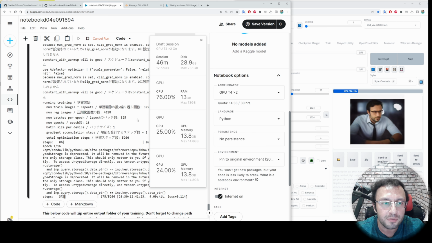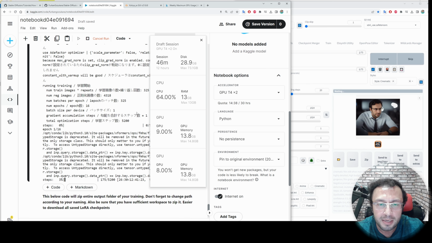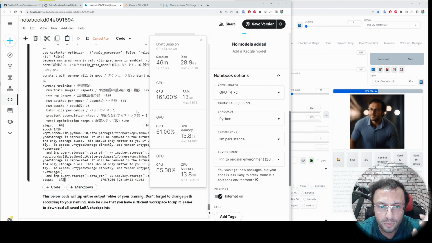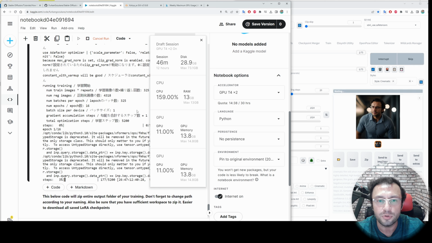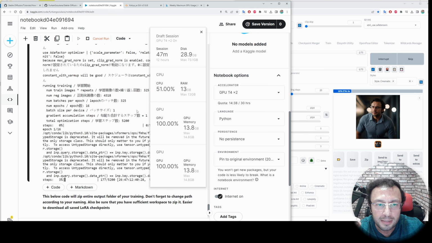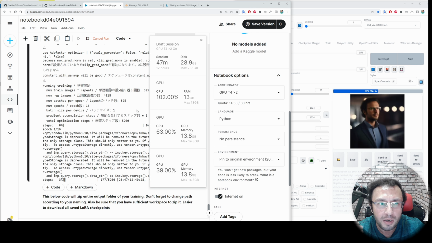In this tutorial, I will show you step-by-step setup and training of Kohya SDXL on a free Kaggle account. Then I will show you how you can use those trained LoRA checkpoints on your computer. Hopefully, in another tutorial, I will show how you can use Automatic1111 Web UI on a free Kaggle account.